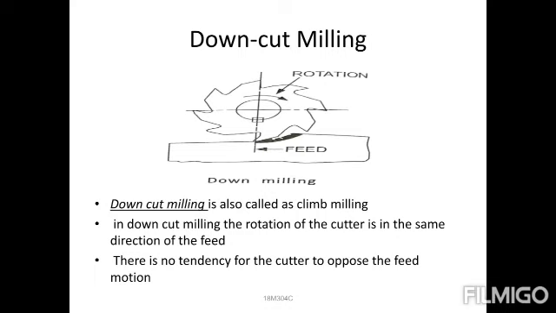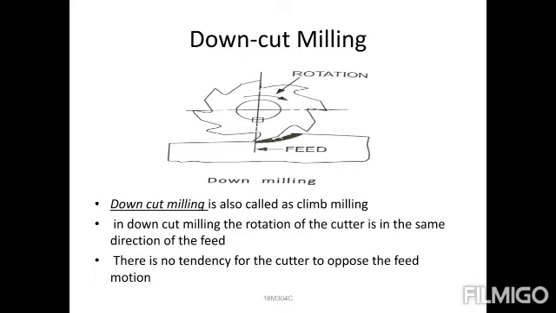The cutting forces act downward and are absorbed by the work table. A maximum amount of force will be developed at the cutter while running, and at the same time it has some force of its own. So in down cut milling the maximum force will be absorbed by the table, where the workpiece is placed. This facilitates taking heavy cuts without any tendency of the workpiece to lift off the table. Both workpiece and table are not damaged.